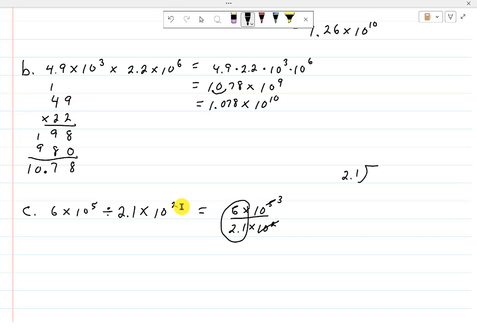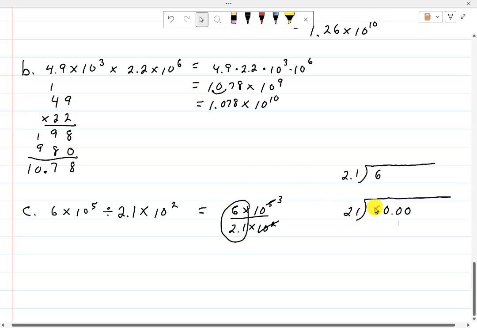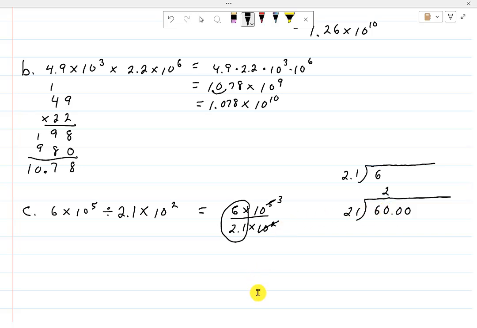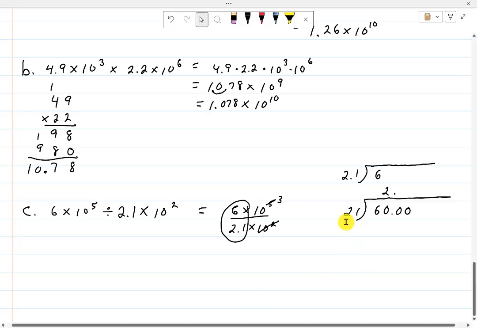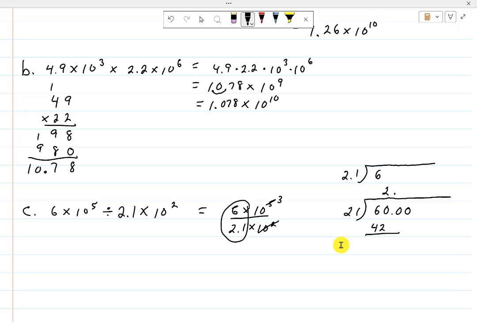So 2.1 into the 6. You might remember that you actually did this kind of problem like so, you would move the decimal over so you wouldn't have to deal with a decimal on the outside. So this is just ordinary long division. We ask ourselves, how many times does 21 go into 60? Goes in twice. Let me carry that decimal. 2 times 21 is 42. Subtract, I get 18, and then I'll bring down a 0. 21 goes into 188 times,